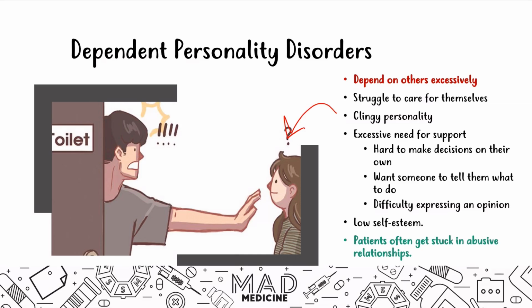That's one reason why. Another reason why is because a lot of times those people are dependent on their partner, even though they're getting abused. They know they're getting abused, but they stay with the partner because they don't feel like they can survive on their own. They can be successful on their own. They can live properly on their own. And hence, they get stuck in these abusive relationships. So that's dependent personality disorder in a nutshell.